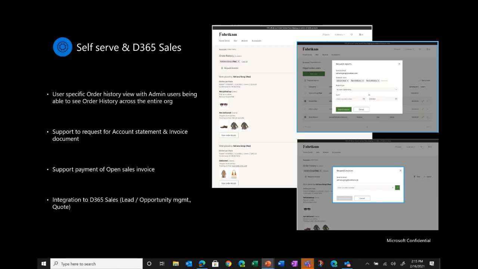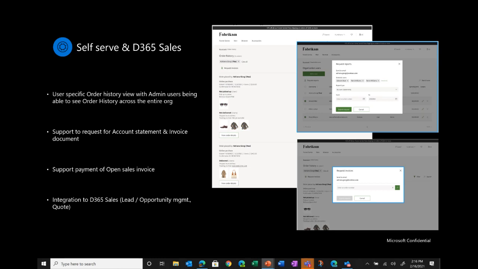Last but not the least, as we are building these B2B e-commerce capabilities, wherever relevant, we're also building a tighter integration with Dynamics 365 Sales. For example, in the onboarding flow, when a potential business partner submits a request to be onboarded, the request can flow into Commerce HQ and also into Dynamics 365 Sales as a lead entity. Then account managers using Dynamics 365 Sales can go through the complete experience of lead management and opportunity management on that onboarding request.